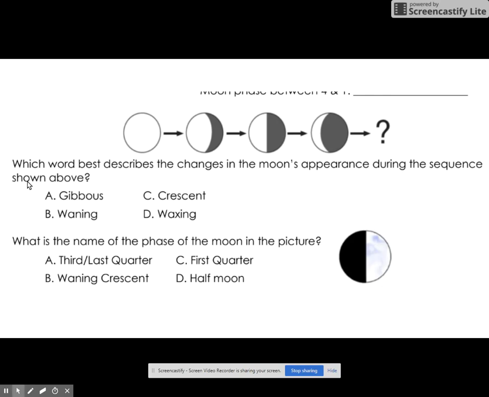So it says, which word best describes the changes in the moon's appearance during the sequence? Well, since we said the light is going away, we know that that is waning. The light is waning away. The next question asks, what is the name of the moon phase pictured in this picture? So it's talking about this one to the right. I see that the light is on the right hand side, which lets us know that it's going to be